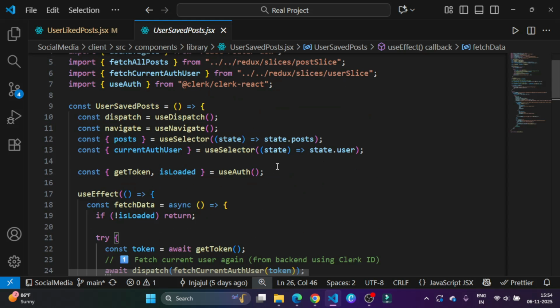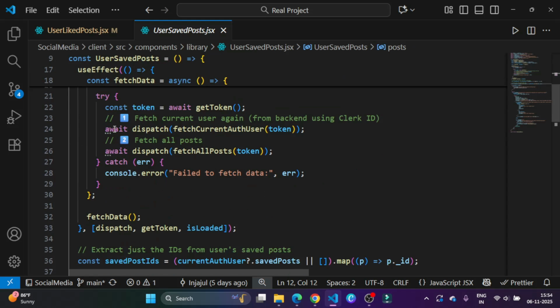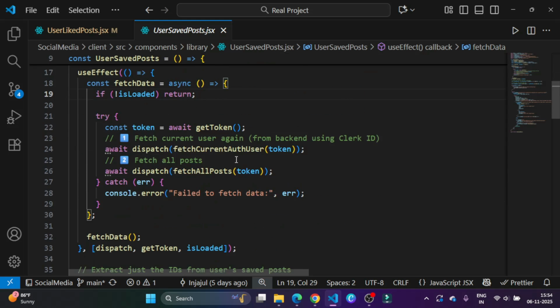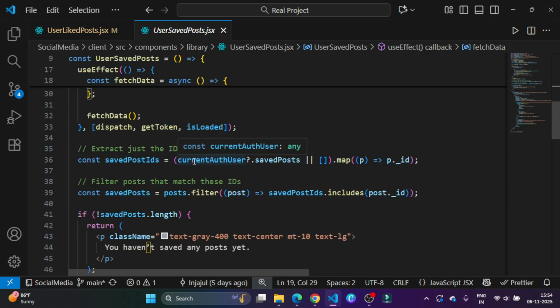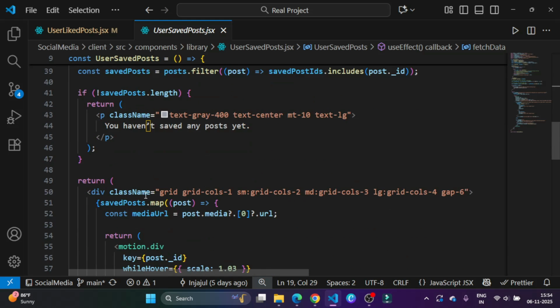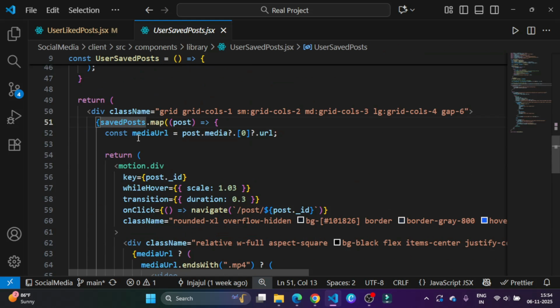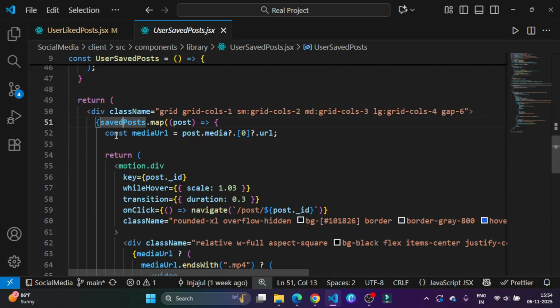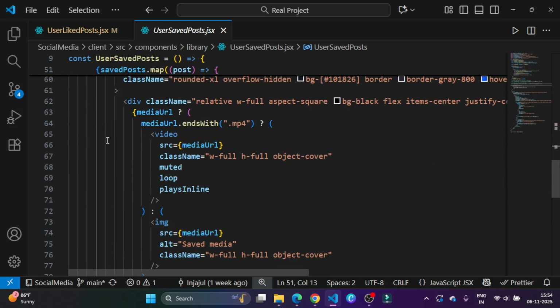Yeah, and we are grabbing the post ID, but if it somehow does not exist, then it's going to work. Yeah, I hope that makes sense. And otherwise I'm just mapping through save post. If save post is empty, then you haven't saved any post yet. And here I'm mapping through. If save post exists, then show the entire UI, this UI,